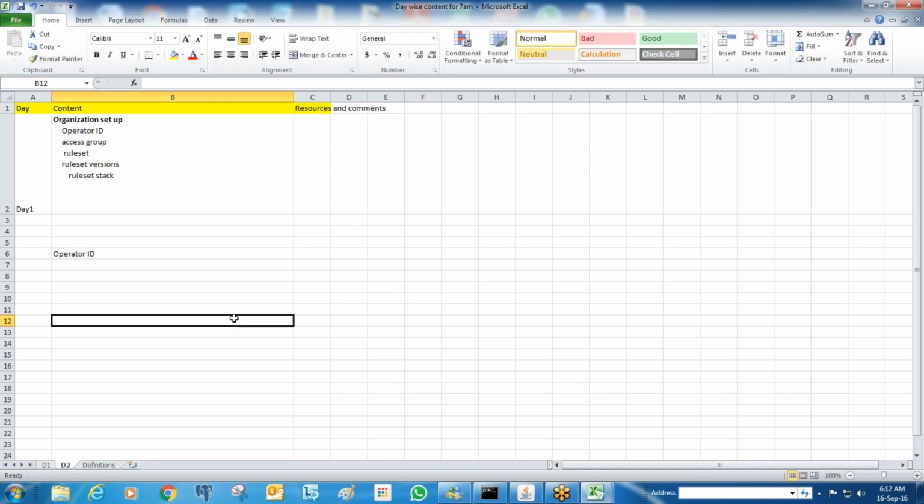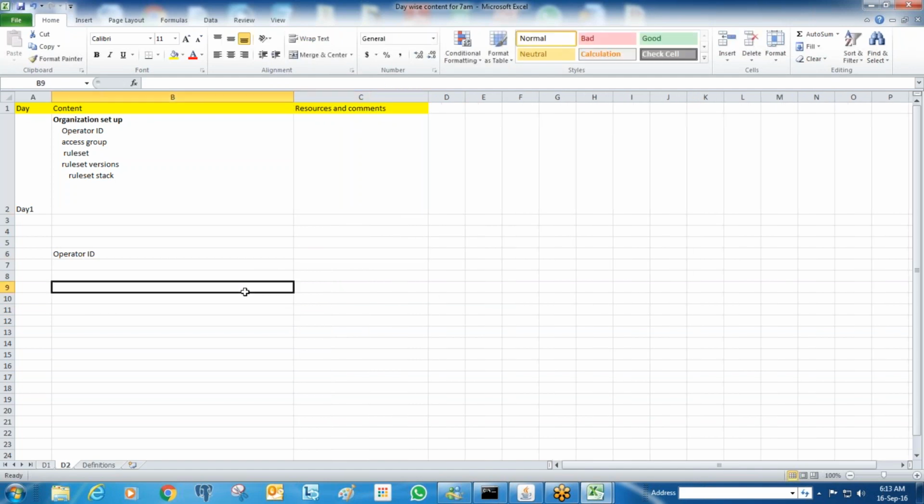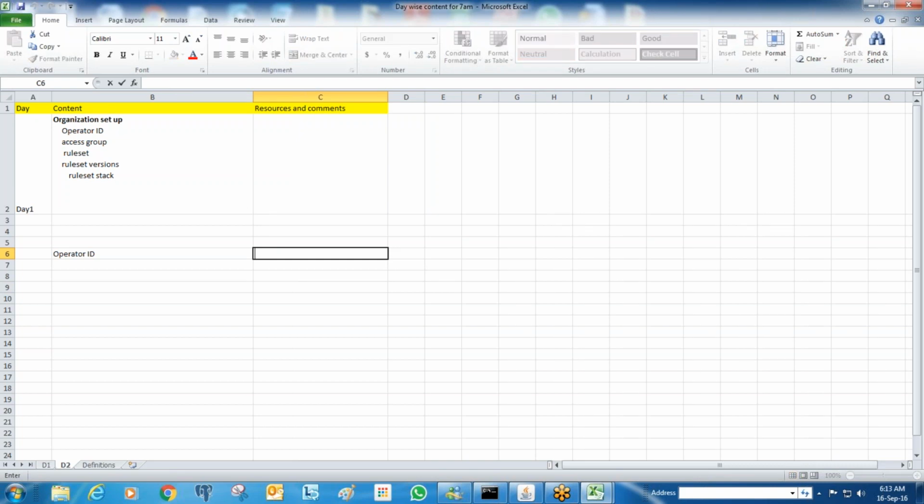For any application, it may be Pega application, it may be Java application, it may be web application, it may be any application. If you want to use that application, you need to log in first. In Pega also, even for developers or anybody, it may be end user, it may be anyone, they need to log in into Pega application. Anyone who can log in into Pega application, those people are called operators.